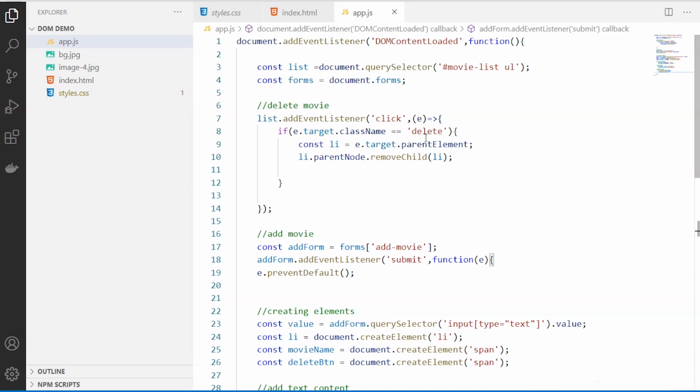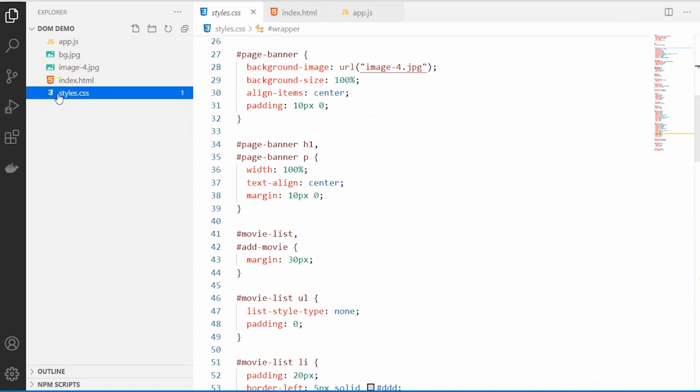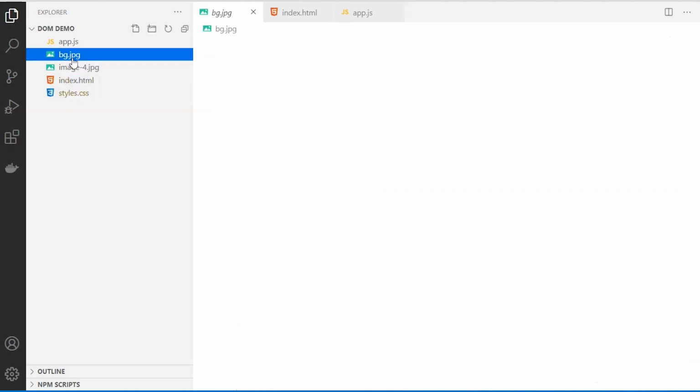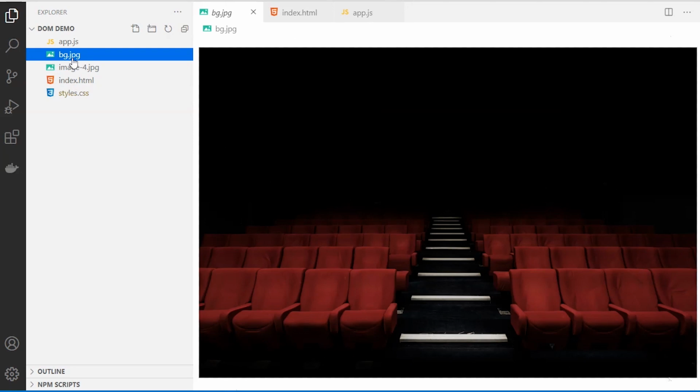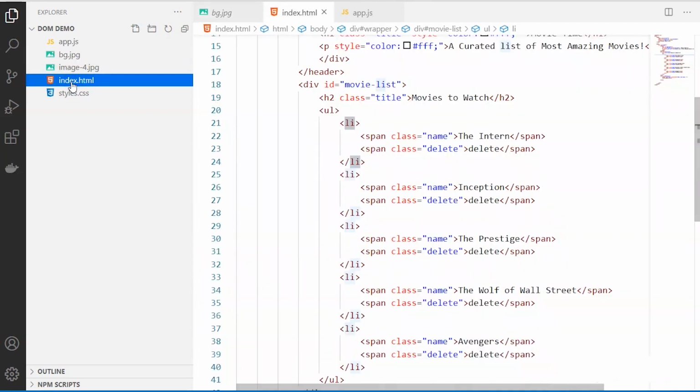So I think we have done quite enough with this DOM manipulation. For a quick recap, we started with these three files. First, style.css, where I walked you through the entire style and theme features I have incorporated. And we also had these two images already. This is just an overview guideline of how the DOM can be manipulated in one way. You are free to explore, having this as a base, and work upon how you want to carry on with your DOM manipulation.